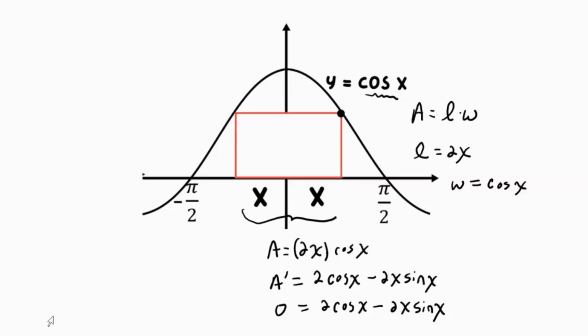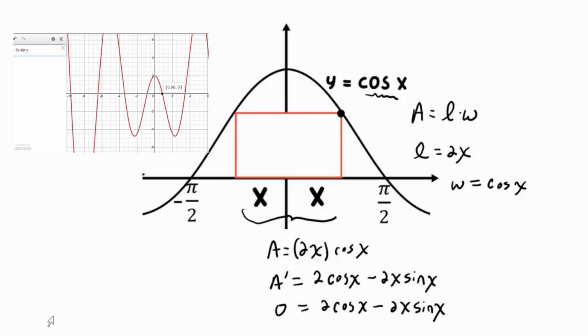And if we solve this using Desmos, we can see that the derivative changes from positive to negative at x equals 0.860. All right? So that means that my x value is 0.86. So if I go back to my original area and I plug in 0.860, I'm going to get an area of about